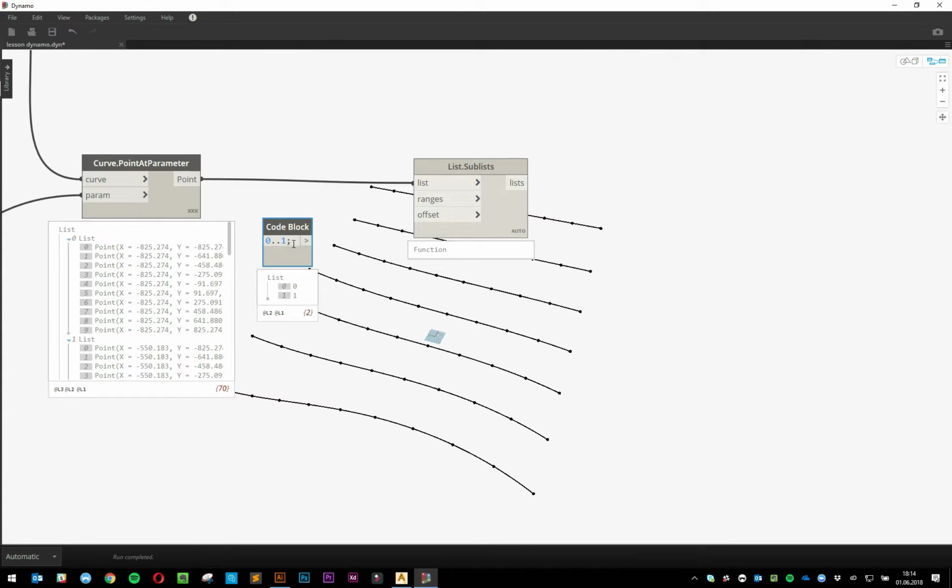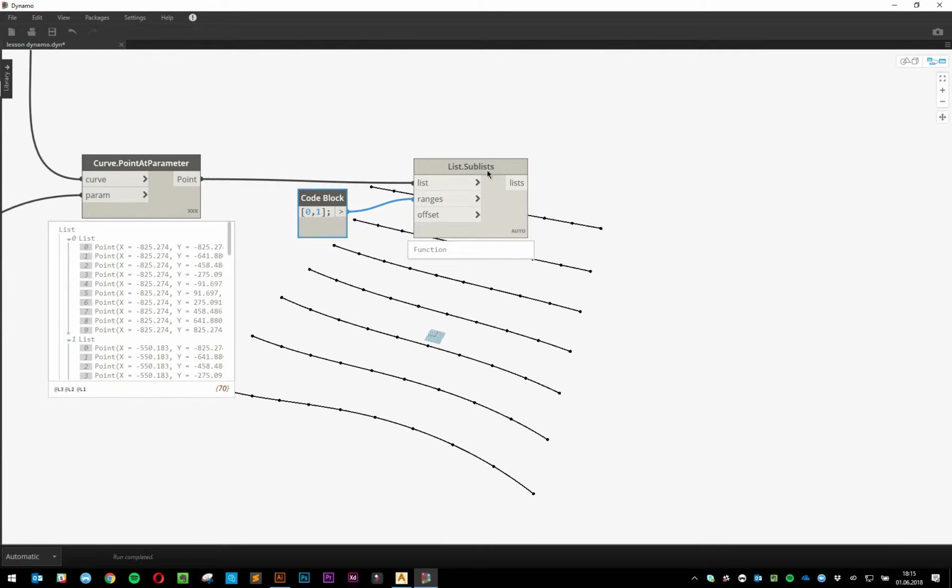Or the other way to create exactly the same list would be to be explicit, as in 0, 1, and that's exactly the same thing. So we put that as a range, and that will give us the first two